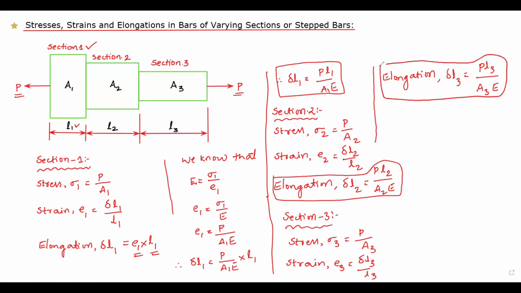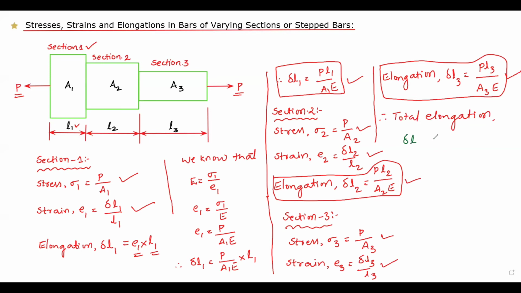So now we have calculated stress, strain and elongation in every section: in section 1, in section 2, and in section 3 also. Now what we need to calculate, the most important thing, is the deformation. Now we need to calculate the total deformation, clear? So the total deformation, or we can call it the total elongation. This is most important. Total elongation is denoted by delta